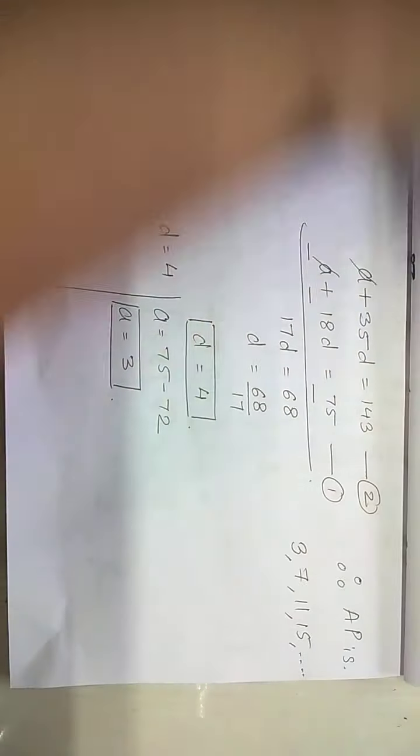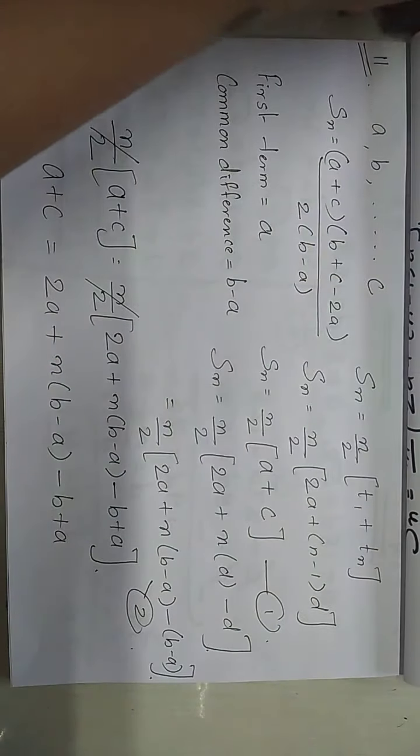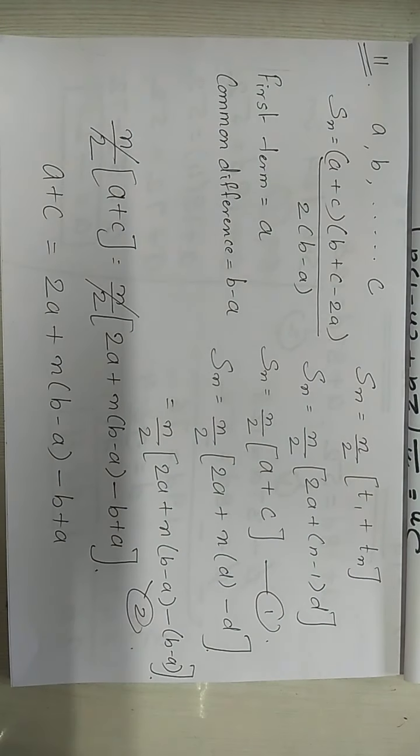Okay. Now let's go to question number 11 and question number 12. Question number 11 and question number 12 are higher order thinking sums. Higher order thinking means these are not obvious sums directly from the formula. You need to prove, you need to solve. These are higher order thinking sums, and higher order thinking sums usually come for 4 marks in the board exam.